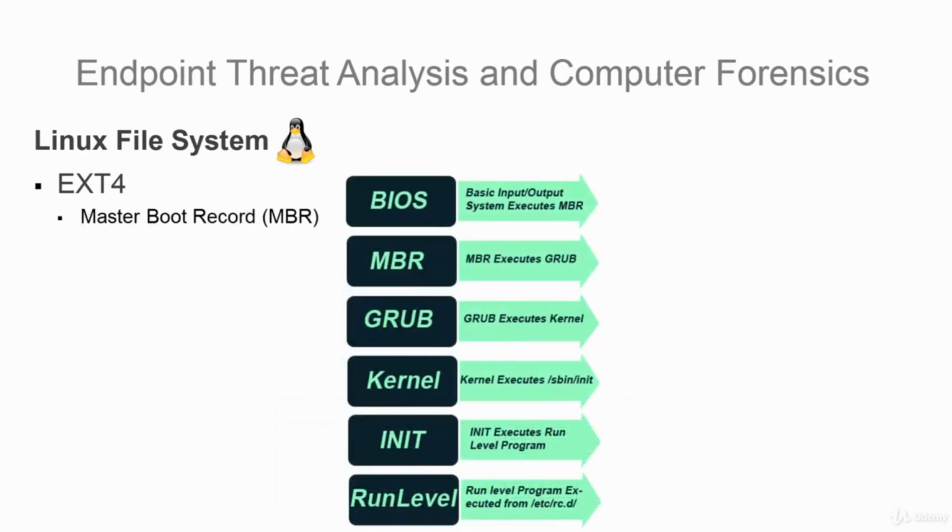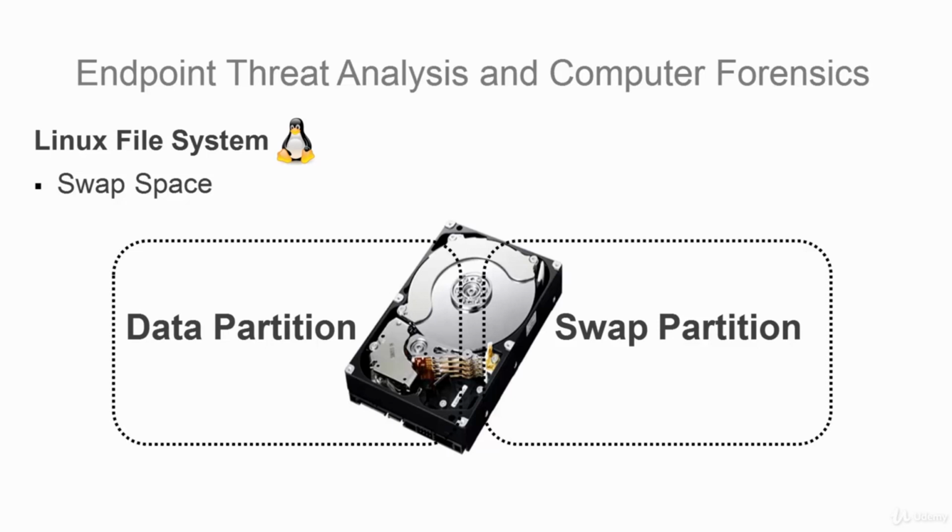When Ext4 file systems are partitioned, the information is held within the master boot records. The MBR, also referred to as a bootloader, contains executable code to function as a loader for the installed operating system. Linux file systems have two main partitions: data and swap. Swap space that is held within the swap partition holds additional RAM that can be used by the system if needed. The purpose of swap space is to help the Linux system operate, but it can also be used as